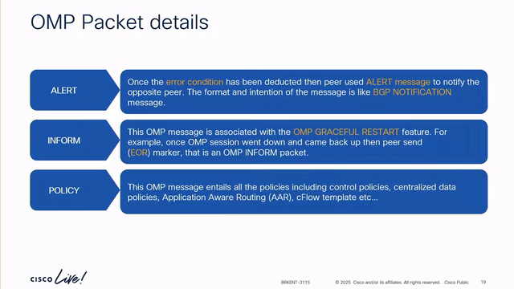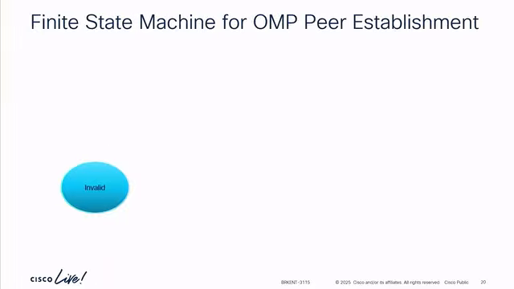And then we have the policy packet that is used to send all those policies in your SD-WAN fabric. Those policies can be centralized data policy, application-aware routing policy which you configure for your SD-WAN fabric, or cFlow templates, etc. So now we're going to see the different states we have while establishing the